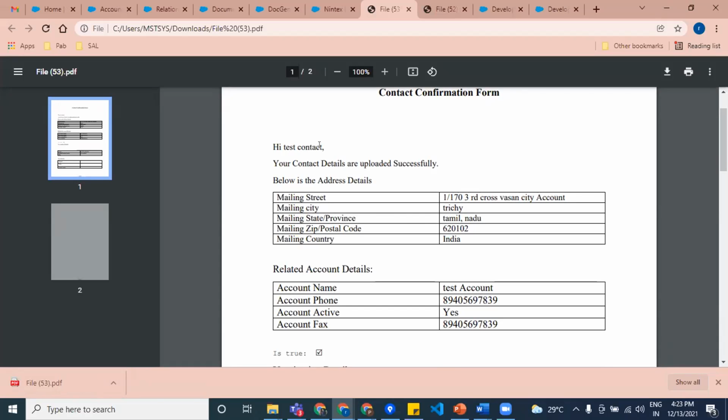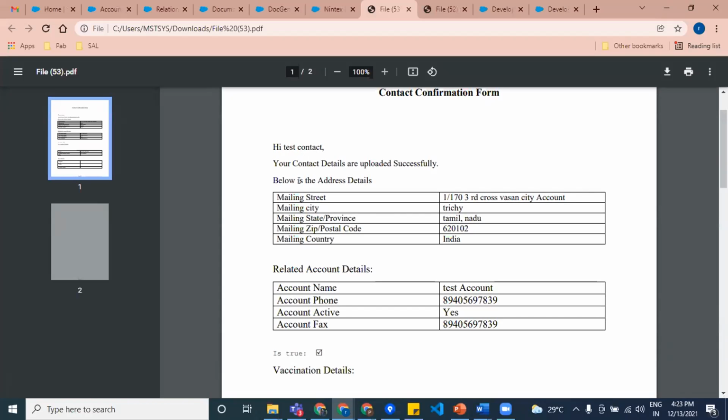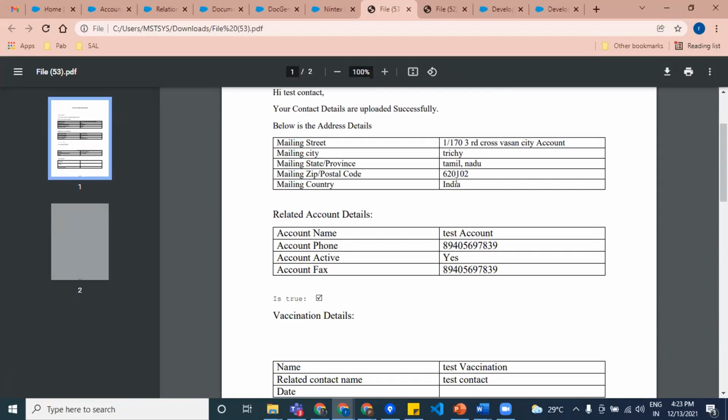Here we have test contact, the name of the contact, and whatever details or address are provided inside the contact record in Salesforce are fetched from Salesforce and displayed here. This will happen if and only if the field tagger which we have chosen, which I showed you earlier, was right. If we don't place the right field tagger, or if we miss the field tagger, anything that you want to pull from Salesforce will not be pulled.